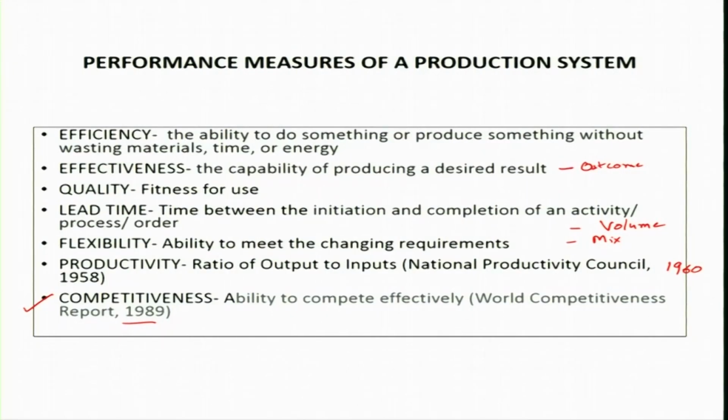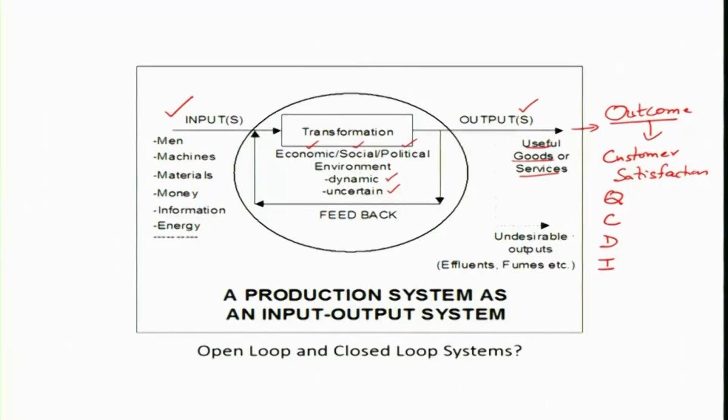Productivity is more inward looking, that is, looking at my processes etc., whereas competitiveness is looking at the market, the outside world. Having said that, let us cover one more aspect here. Like here, this feedback system which we have written, we have not discussed at that place. Now, feedback is nothing but measuring the efficiency, the effectiveness, the productivity and the competitiveness of the system. That is called the feedback system, and you might have studied somewhere the open loop system and closed loop system.